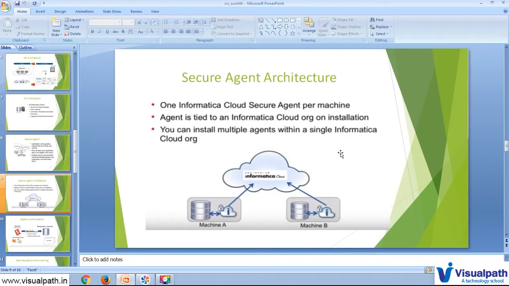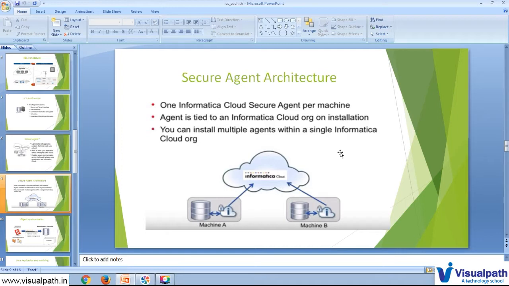One more thing we need to remember before going for an agent group is that the folder structure in agent A and agent B should be the same, and the file-related information should be synced up before we use the secure agent group.